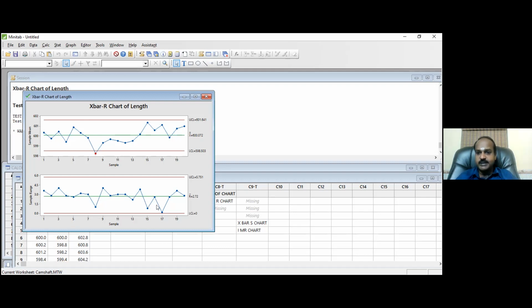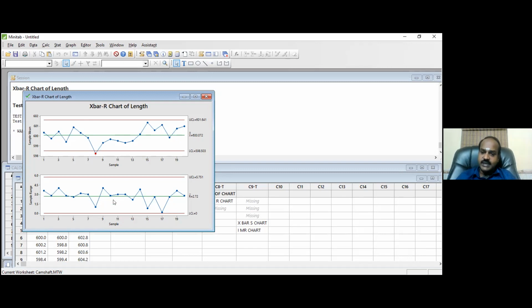Which is more important? Commitment is more important or my guarantee is more important? My guarantee will fail if there is no commitment from all of you. Am I right? Yes, sir. So range chart should be in control. Getting the range chart under control is a prerequisite to look at the X bar chart.